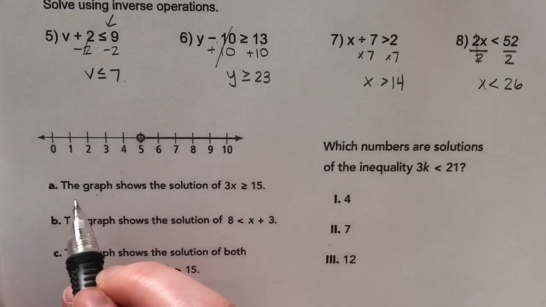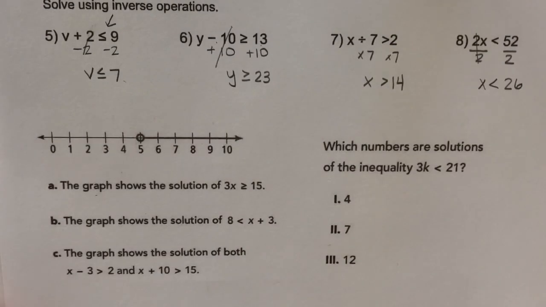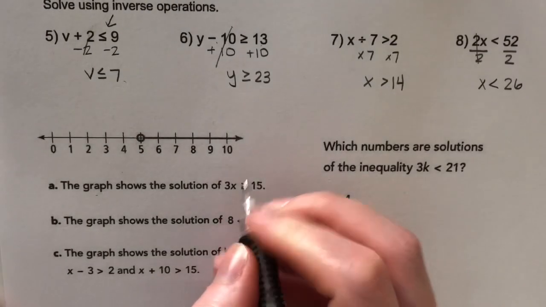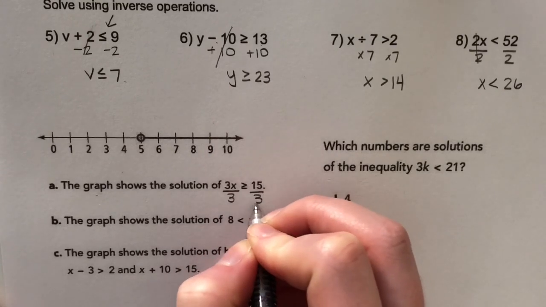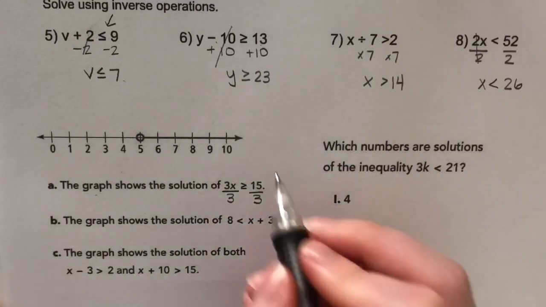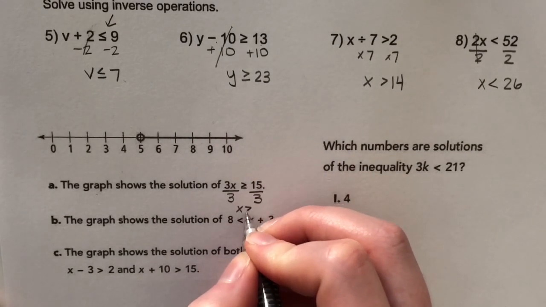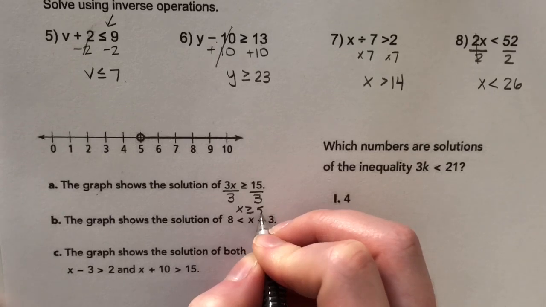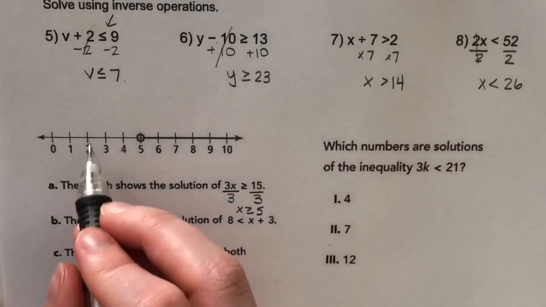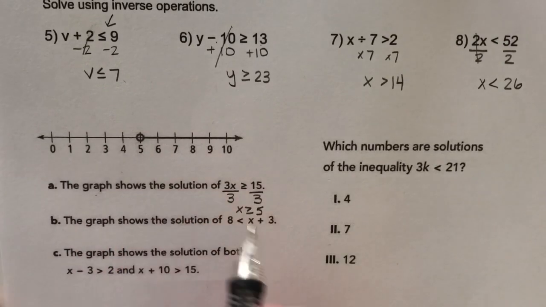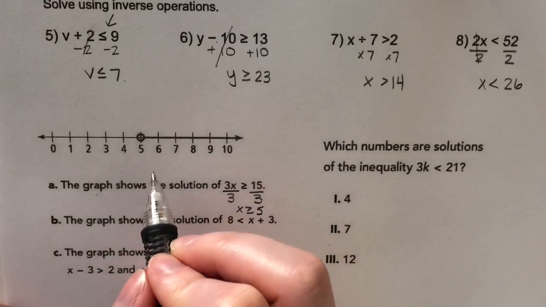Okay, so it says the graph shows the solution of 3x is greater than or equal to 15. Is that true? Well, what is the solution to this? The solution of 3x is greater than or equal to 15 should be x is greater than or equal to 5. And let's see, does this graph match